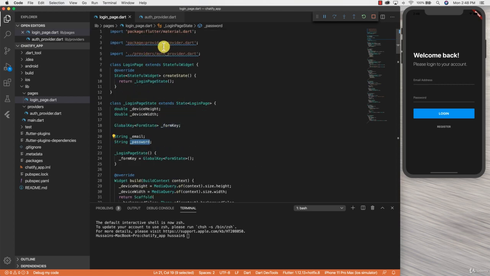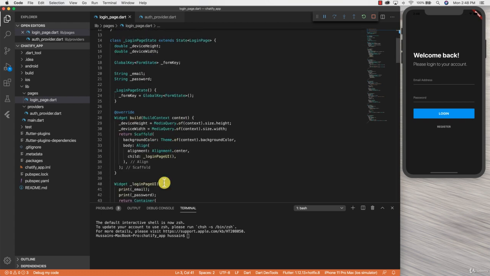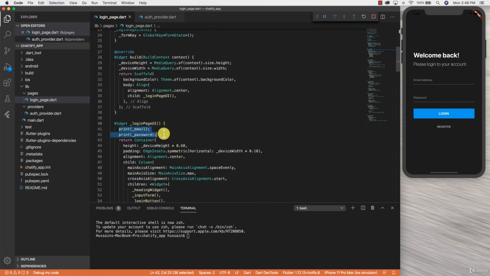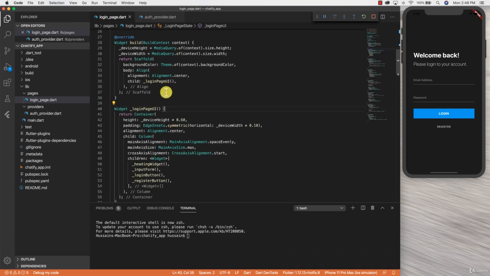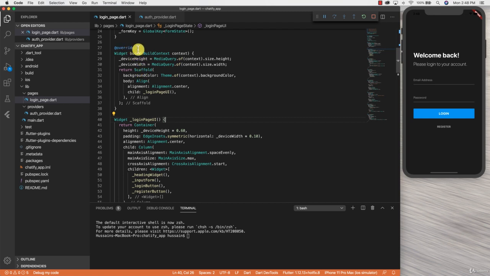So the first thing I'm going to do is import the provider package. Once we have the provider package imported, the next thing we're going to do is remove these two print statements for email and password. Just do command save. And then I'm going to go to our main build function, and then we're going to